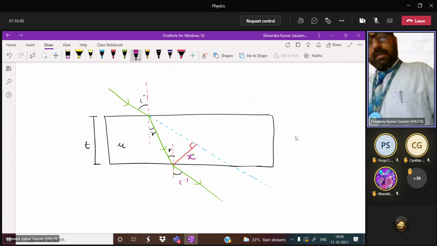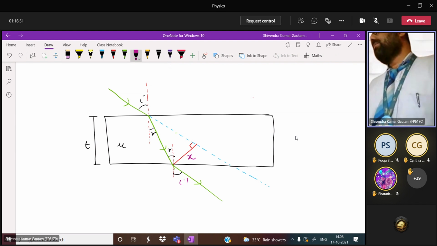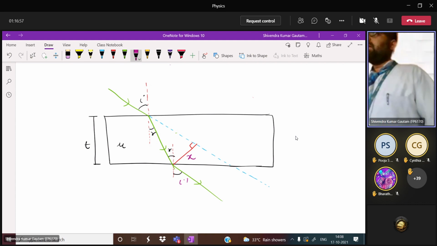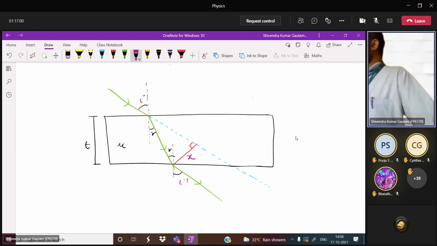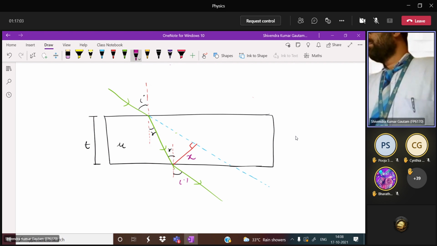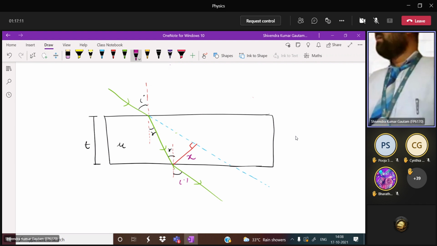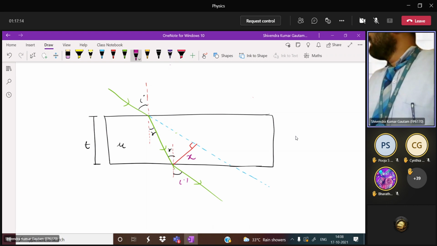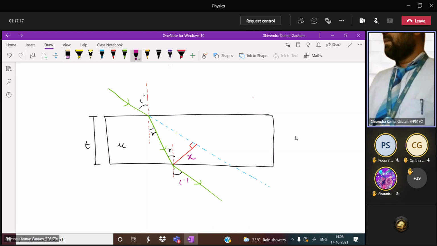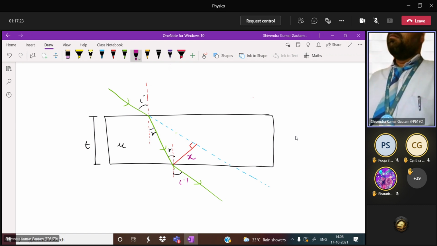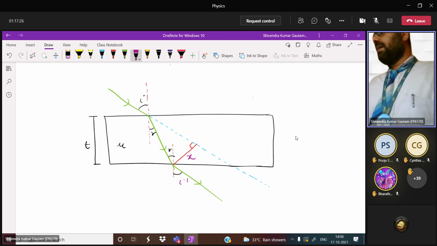Now first we have to know, tell me, the original ray means this incident ray, and this is the emergent ray. Tell me, are the emergent ray and incident ray always parallel, or is there a condition for this? We have to know that they are not always parallel. There is some condition for it. By seeing the diagram you will say parallel, but we have not proved it. First, mathematically we should know how they are parallel. If we prove that they are parallel, some angles should be equal.